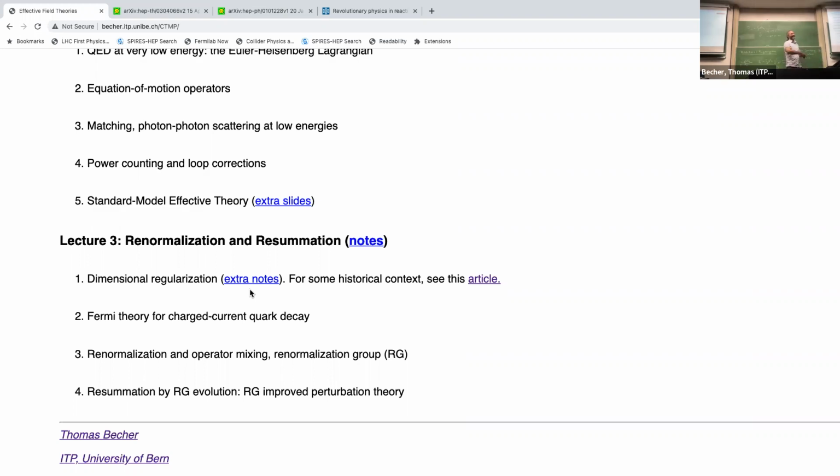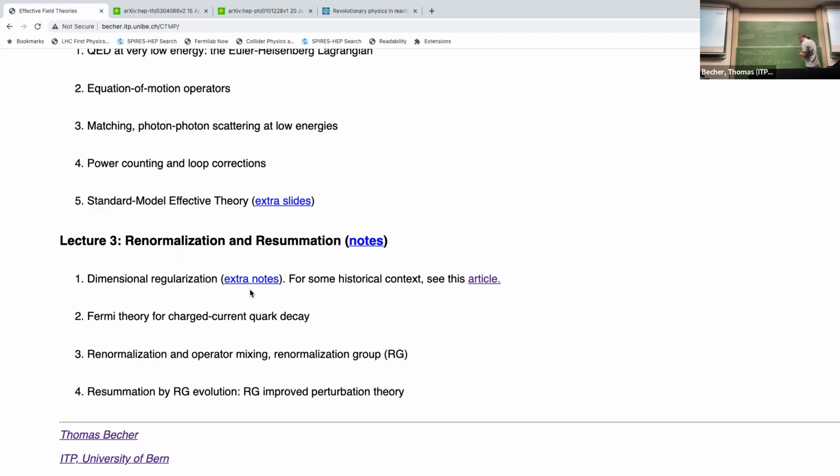Presumably in your case it is: stop fooling around and go back to d dimensions. Okay, good. So that's not what we'll do, even though it's maybe the more obvious thing. These types of regulators are still used, for example, in soft collinear effective theory. Often dim reg is not good enough, and you put additional ones here to be sure that everything is okay.